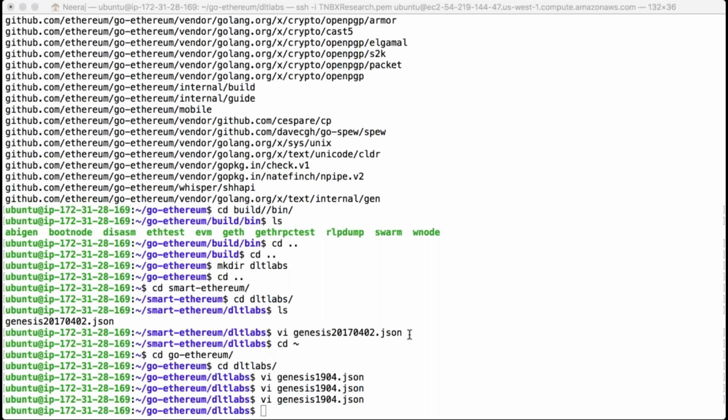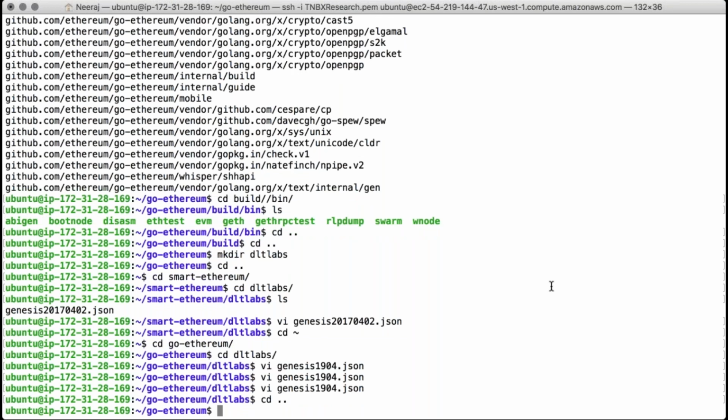Now, let me go a step back. The next step is to tell Ethereum to take this Genesis block and do some initialization. And the way it works is,